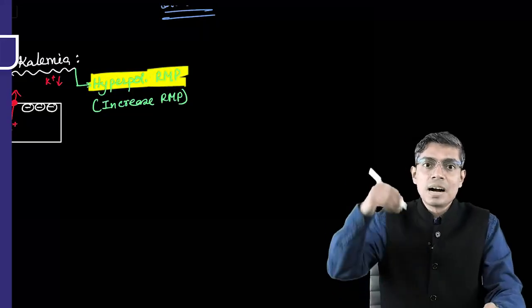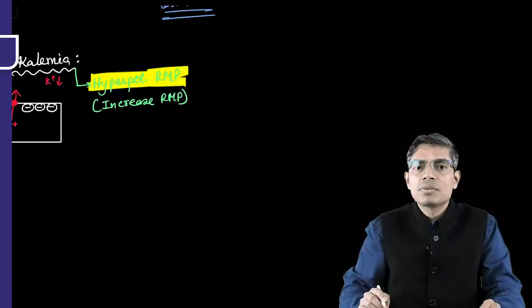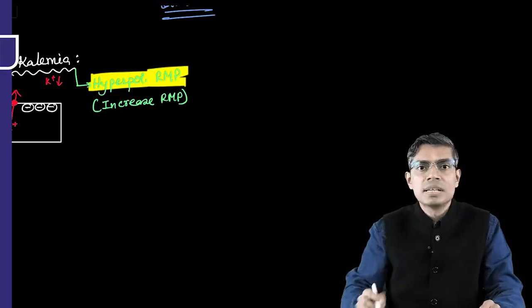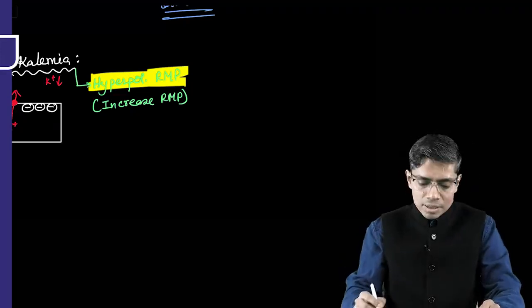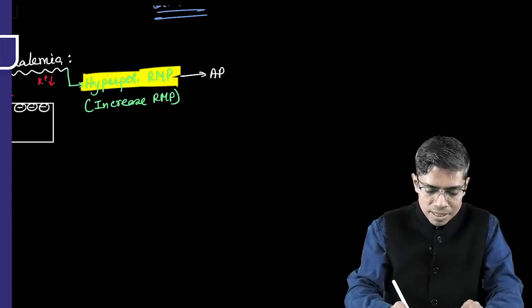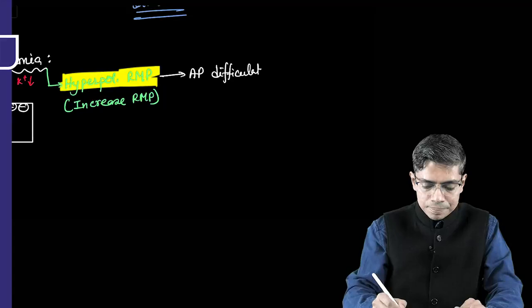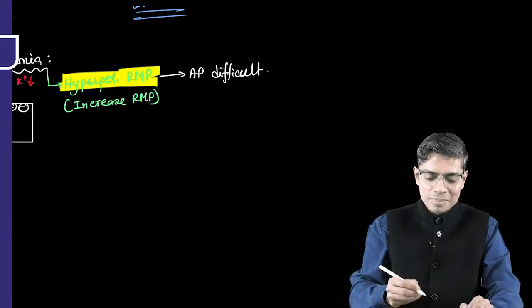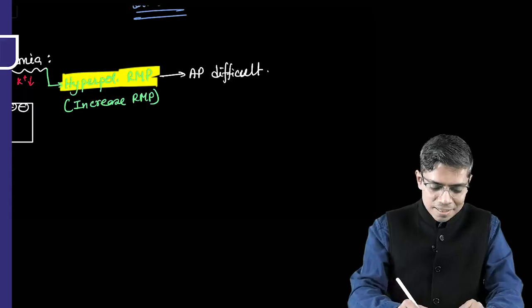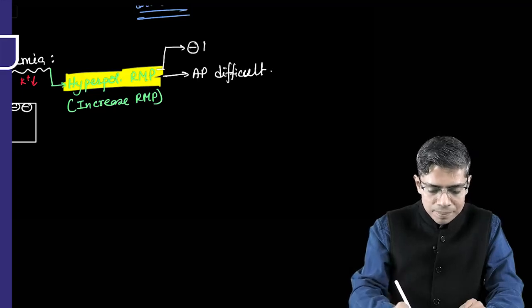Very simple question. RMP is going towards negativity. Means, is it going towards threshold voltage? Answer is no. If it is going away from threshold voltage, then will action potential generation be easier or difficult? That's why action potential generation will be difficult, and that is the reason why hypokalemia is problematic. But there is another reason, that hyperpolarization is also an inhibitor of the sodium potassium ATPase